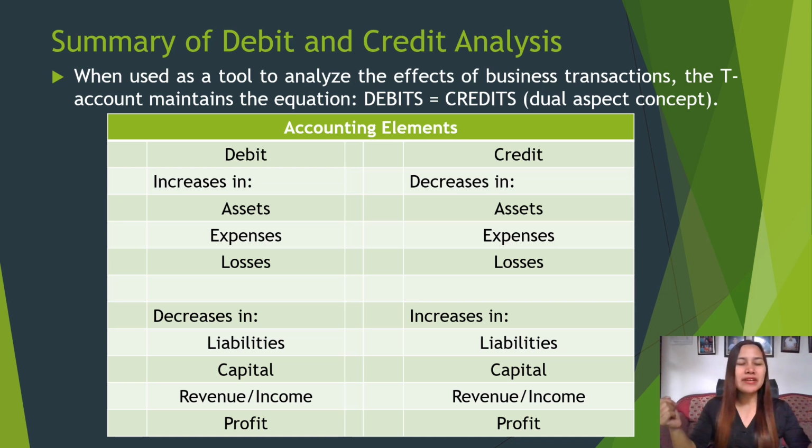And it is also very important that you should always know or remember the chart of accounts, or the listing of all accounts, that on the left-hand side, we have the accounts with normal debit balances, the assets and expenses and losses, of course. And on the right-hand side, we have the accounts with normal credit balances. Of course, we have the liabilities, the capital, and the revenue accounts.